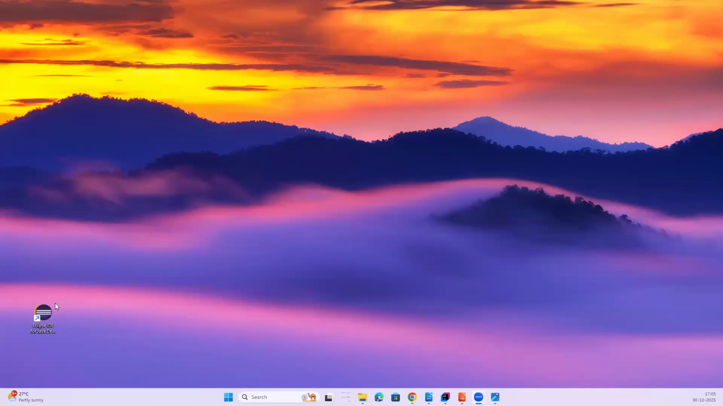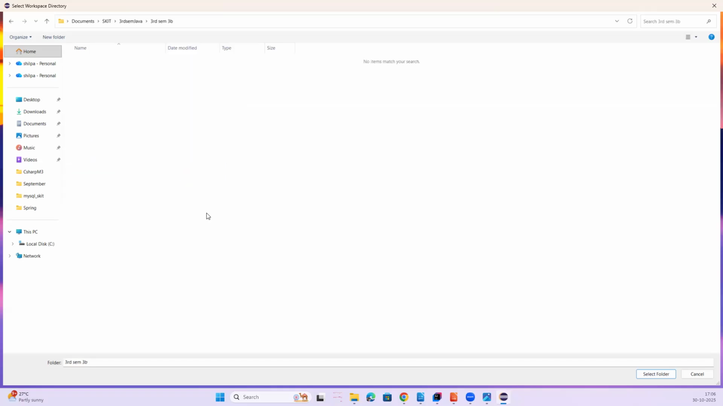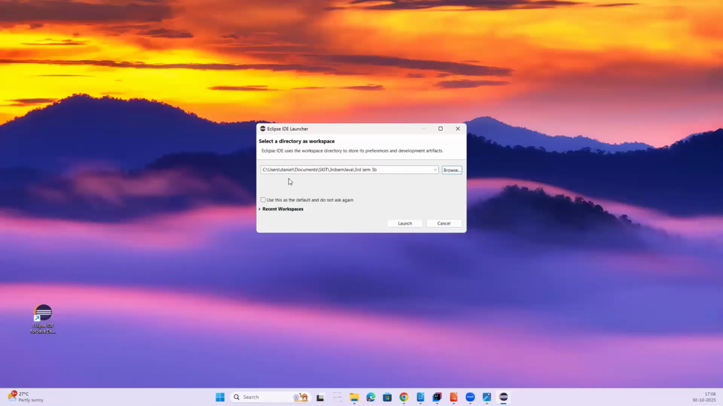Okay. So in Eclipse, once I double click, you'll be getting a launcher like this. Wherever you want your projects, all the Java projects that you want to keep in one place, I'll just create a folder on the desktop and name it third sim 3b. Click on select folder. So this will be your workspace. Once you click on launch,